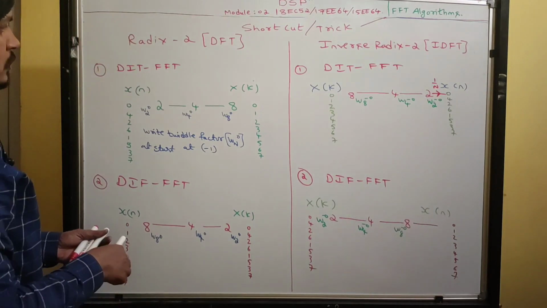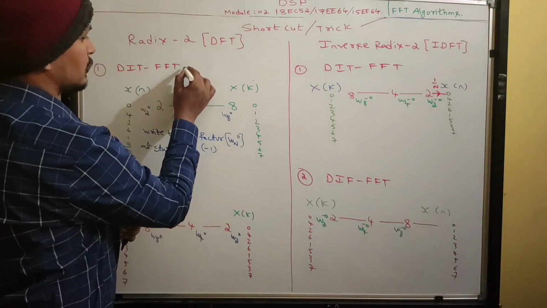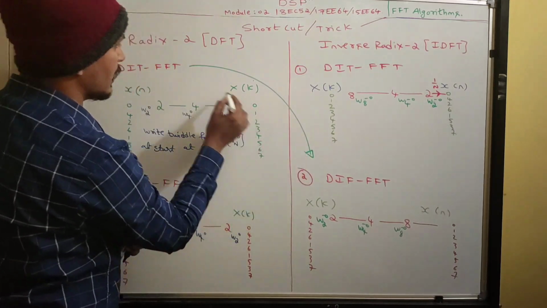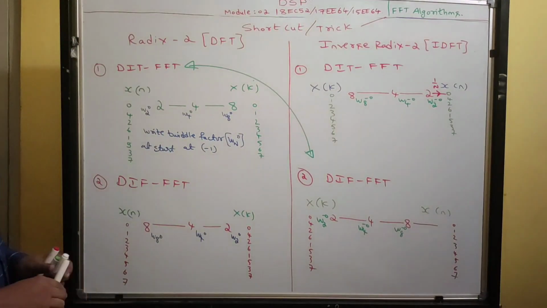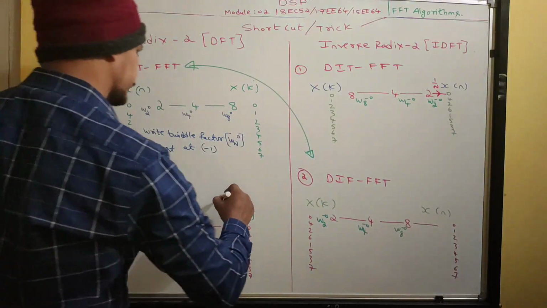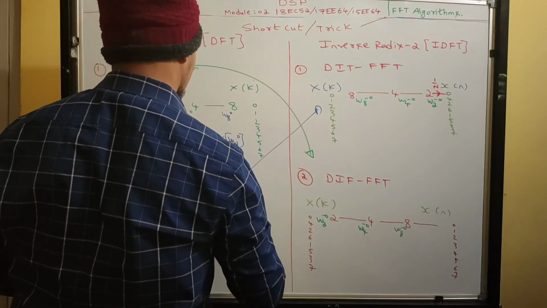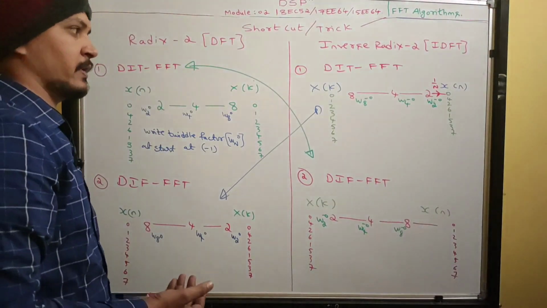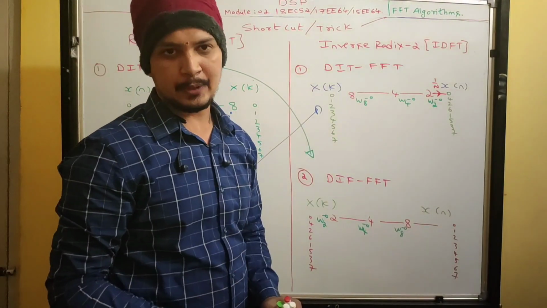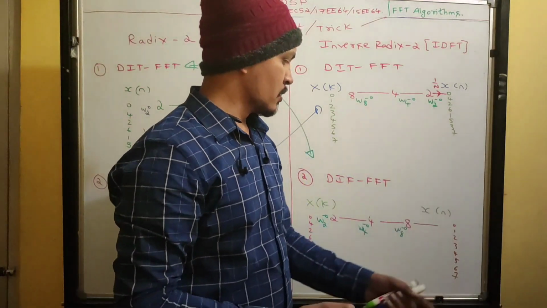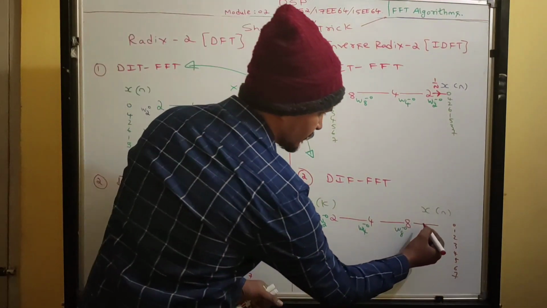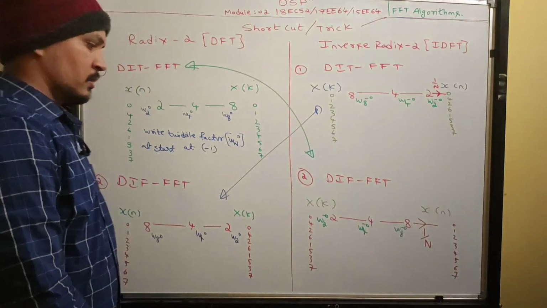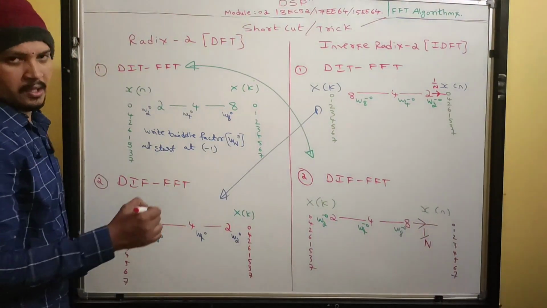Okay guys. So what can you compute? See, these two are the same. Okay, these two are the same. And then, okay, these two are the same. Only based on DFT we are writing positive powers in twiddle factors. For IDFT you are writing negative powers, but at last you are writing 1 by N. So here I missed it. At last you write 1 by N. Okay, got it guys? Remember this trick.